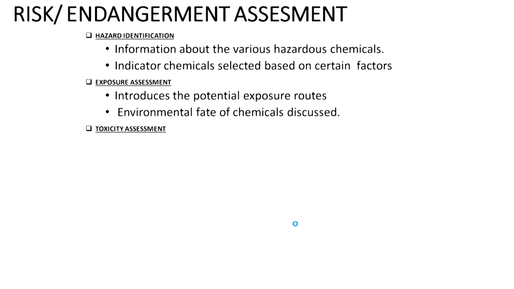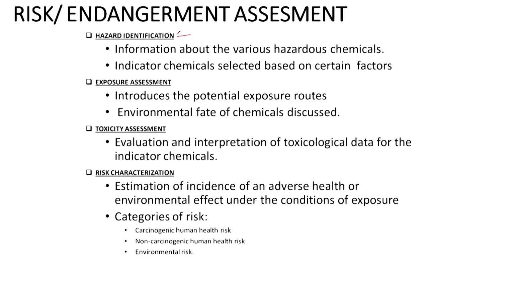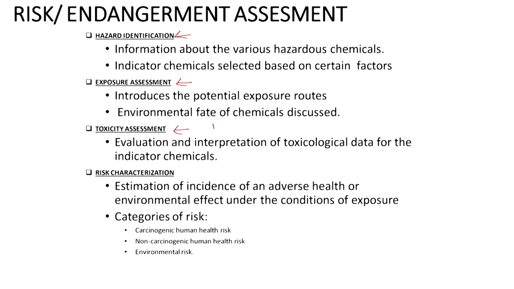So again, a quick recap of the different aspects we have been looking at. Major aspects being hazard identification. We identify the relevant toxic compounds. We then identify the relevant pathways. We then look at how toxic each of these compounds is. Let's say, is it a carcinogen, a non-carcinogen, a toxic compound, and so on. We have relevant data here, usually reference doses, or acceptable daily intake levels for non-carcinogens, and for carcinogens we have something called slope factor, right?